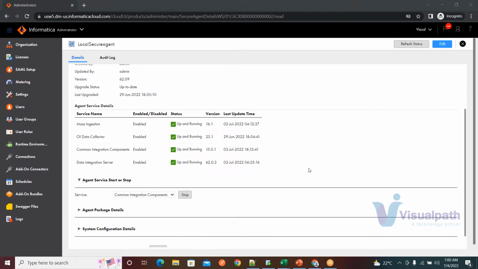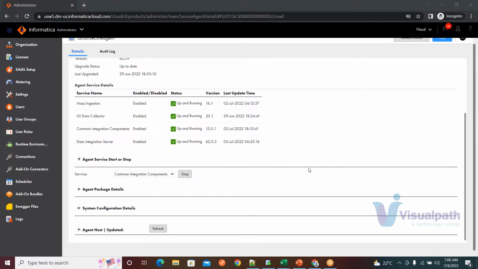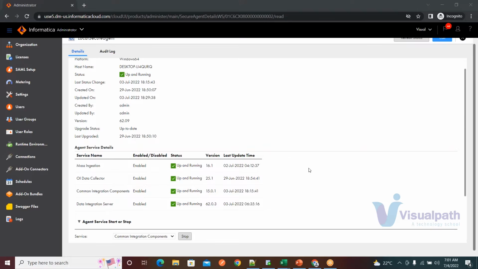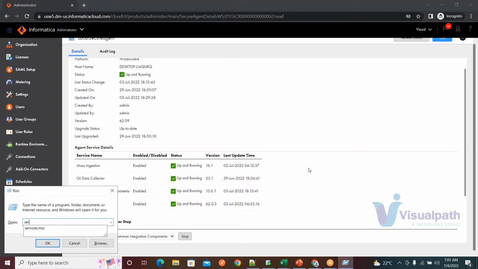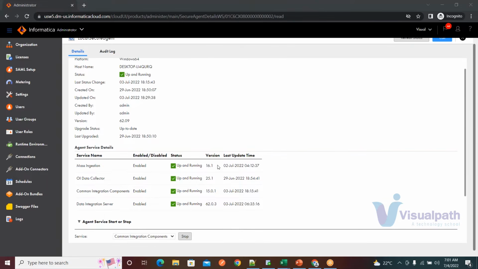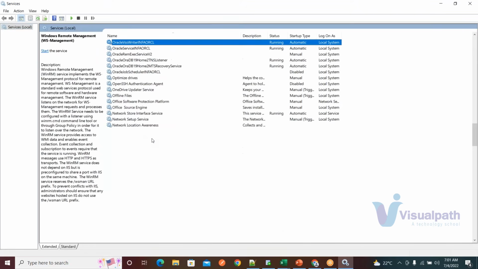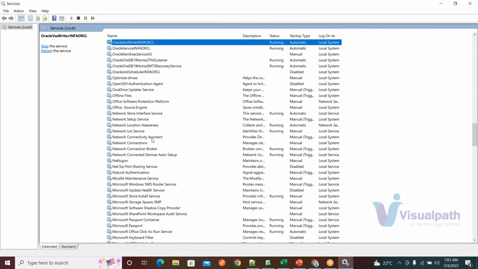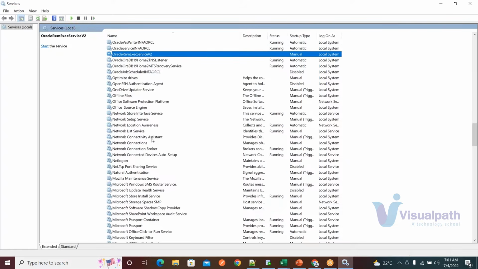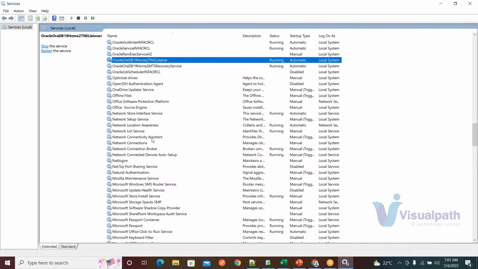Okay, connection refused. Just make sure your Oracle services are up and running. So you just verify your services.msc. You can see my screen, right? You need to go to your Oracle 19 home, DB home, TNS listener, and this has to be up and running. If it's not running, make sure it is running, and then you should be able to connect to your